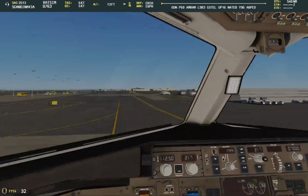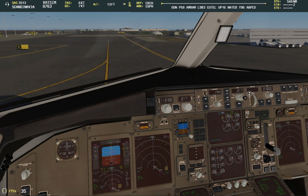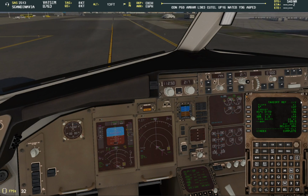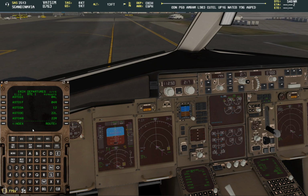So, departure review: we have flight level 70 set, heading select with runway heading, takeoff green, LNAV VNAV armed, V2 is set, takeoff speeds are good, the departure